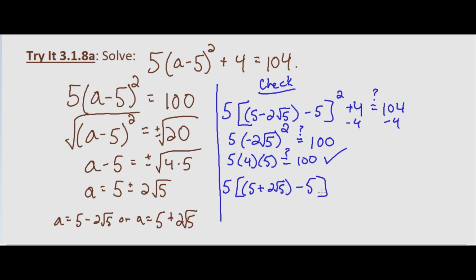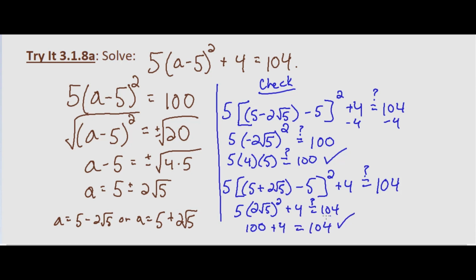minus 5 squared plus 4. We want to know again, does that equal 104? If you'll notice, we end up with what's left inside as 2 times the square root of 5, because 5 minus 5 is 0. So essentially everything is almost the same from this point forward. Plus 4, does it equal 104? 2 squared is 4, square root of 5 squared is 5, 4 times 5 is 20, times 5 is 100, plus 4 does equal 104, so that solution checks as well,